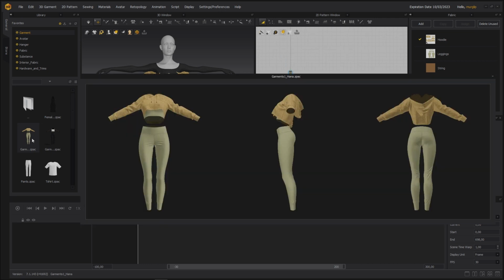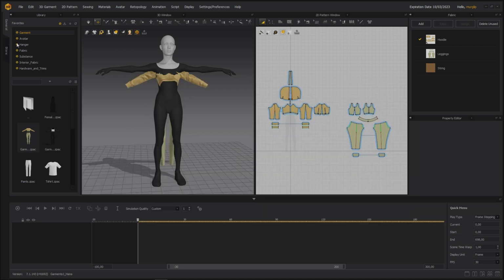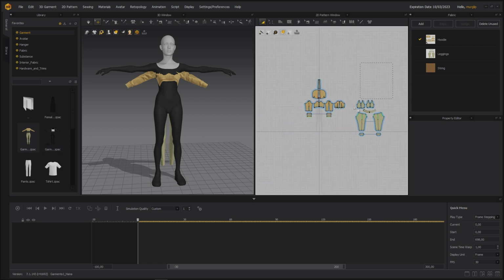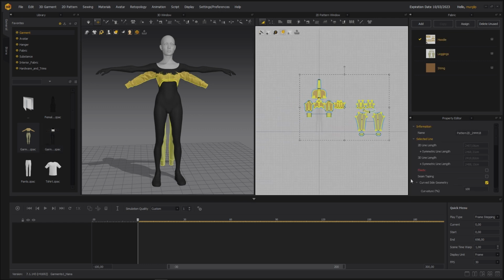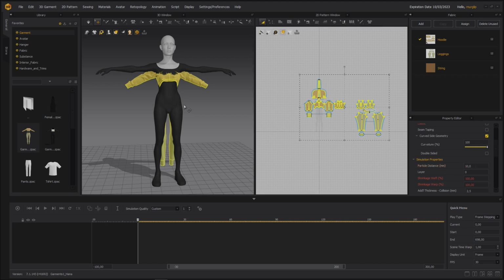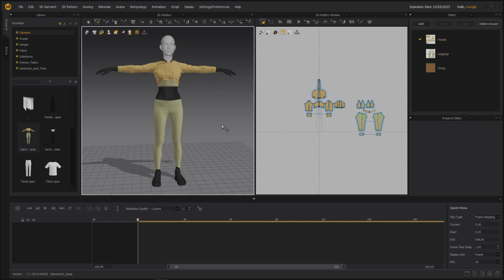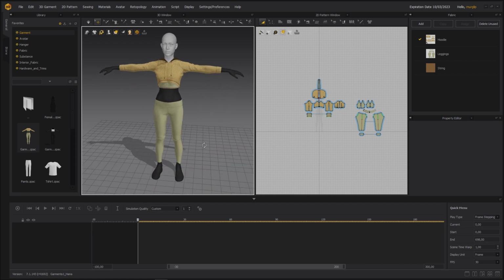So I'm using this default clothing that comes with Marvelous. It's in general garment, but you can use whatever clothes. So I'm just going to select all of these just to make the fitting a bit faster. I'm going to put the particle distance on 10. And now retarget draping. Boom, as easy as that.